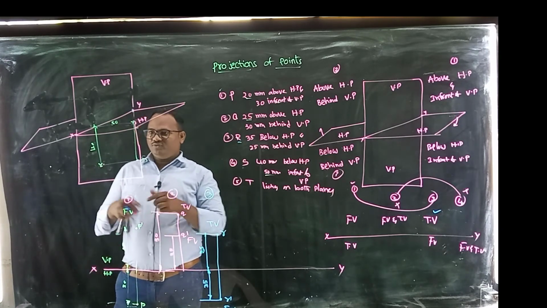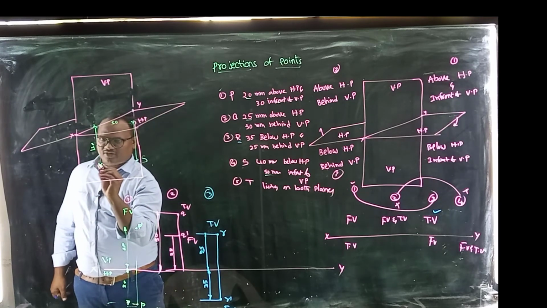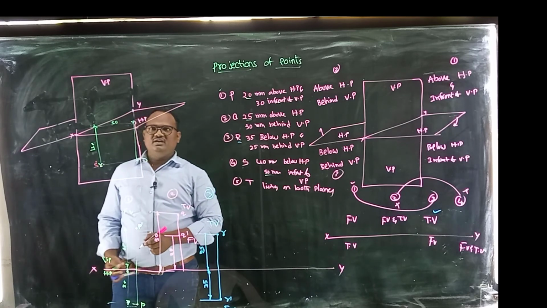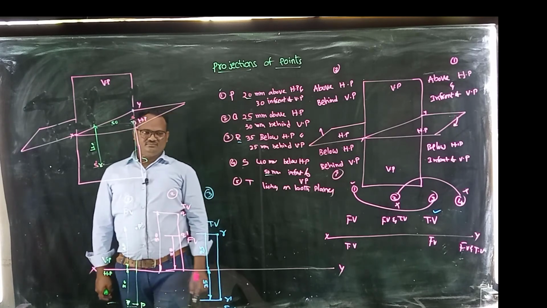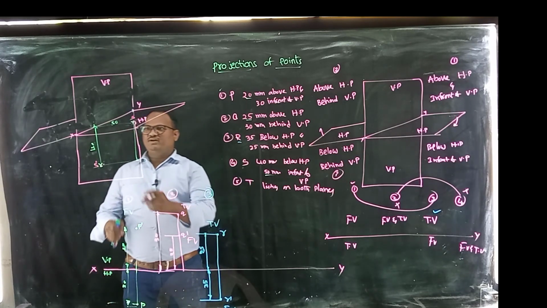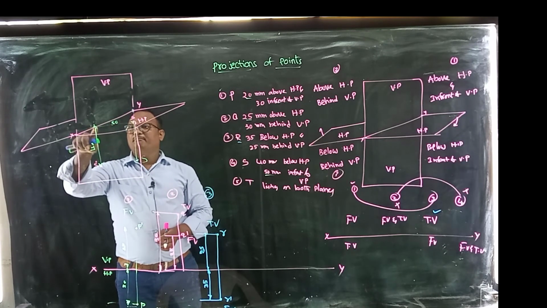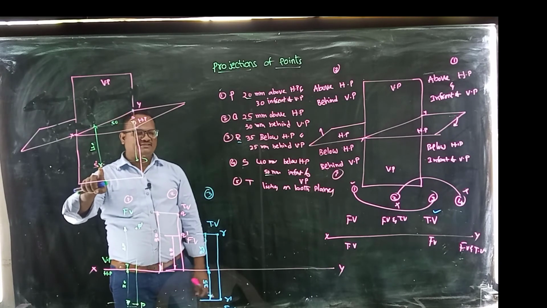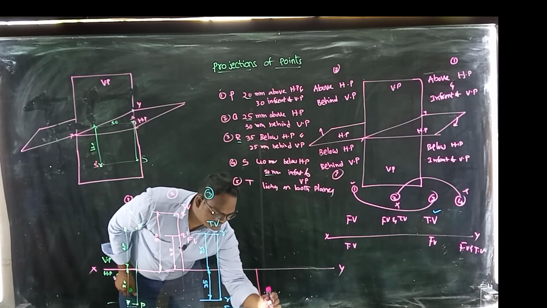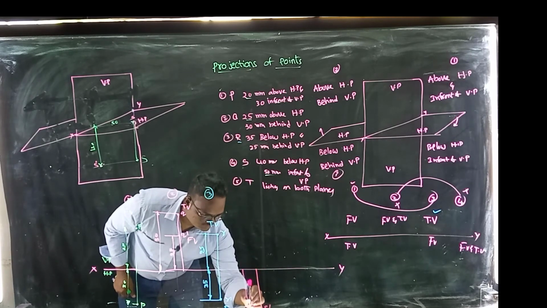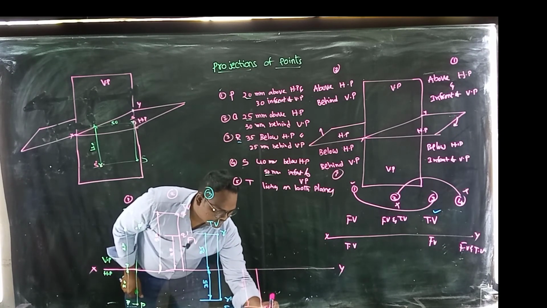Okay, so if you see from the front, this is the front view, S dash. So this is the location of the top view, small s. So the image on VP is constant. So what is the constant image in this case? XY line, below that, 40 mm distance, S dash. 40 mm distance, S dash. So this is 40 mm. So dash indicates front view.